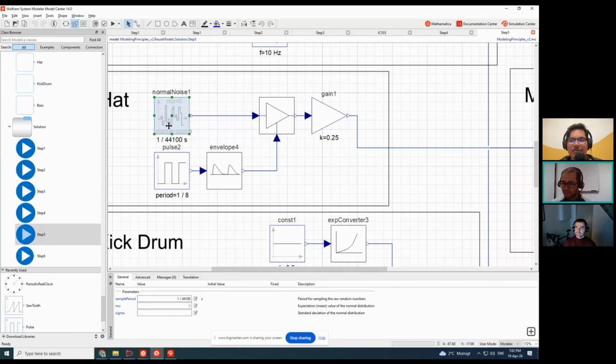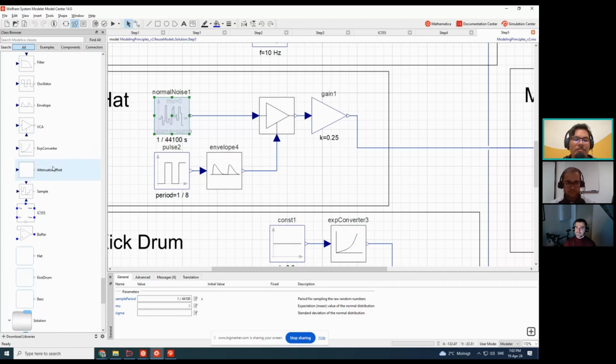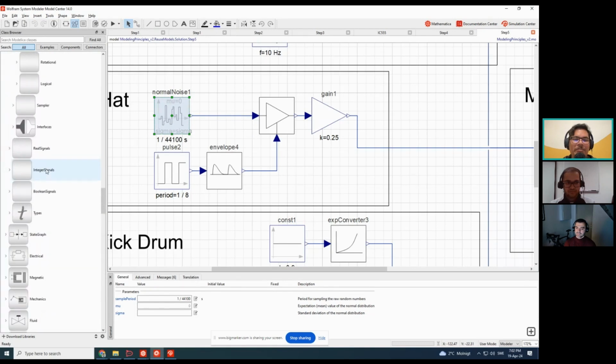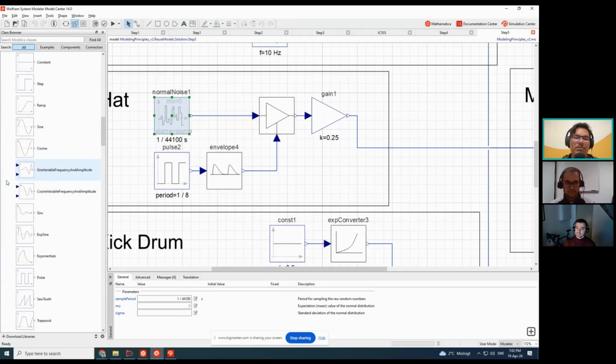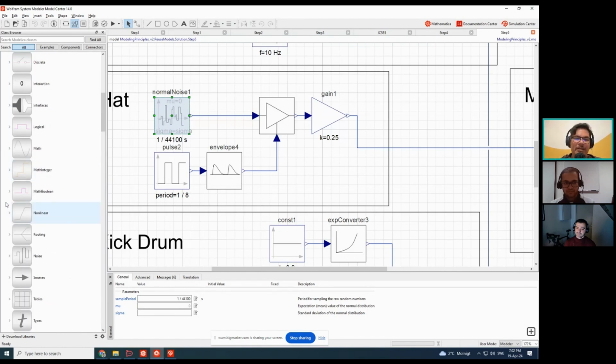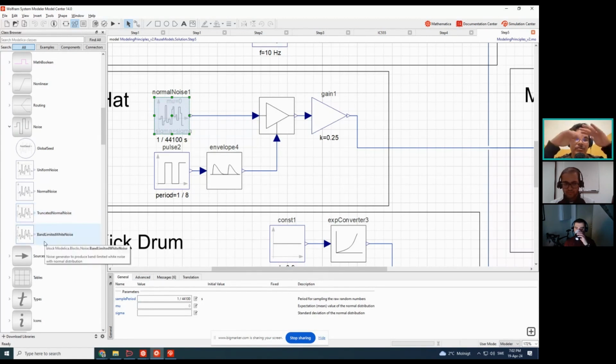Yeah, in general, for electric circuits, I usually use the normal noise because it's the one that you get from electronic components, which has a uniform distribution, so it has the same amount of power no matter the frequency. But there are other kinds of noise, like the Gaussian noise, in which we have this bell. So in the